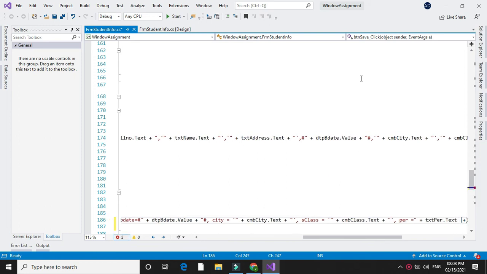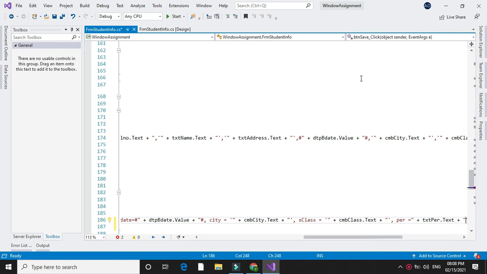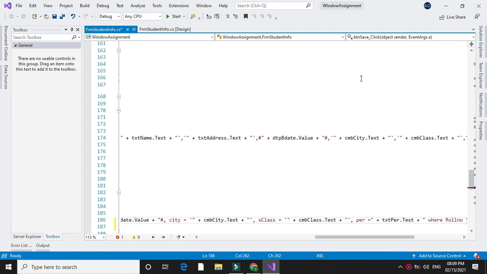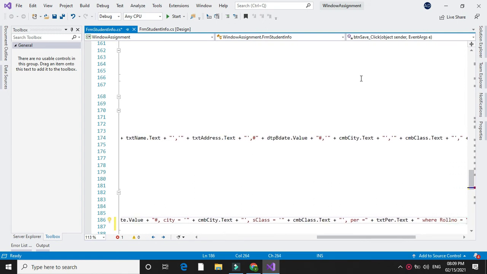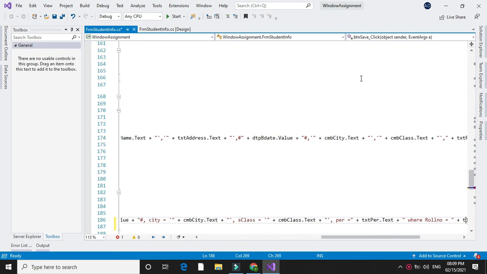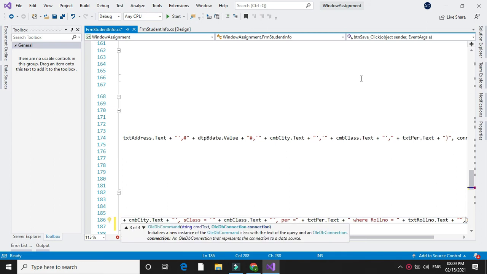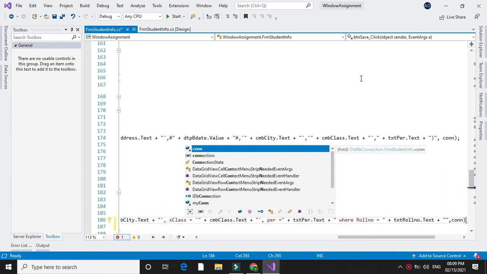plus double quote, and here we will give the where condition, that is where roll number equal to double quote plus txtRollNumber.Text and comma connection.